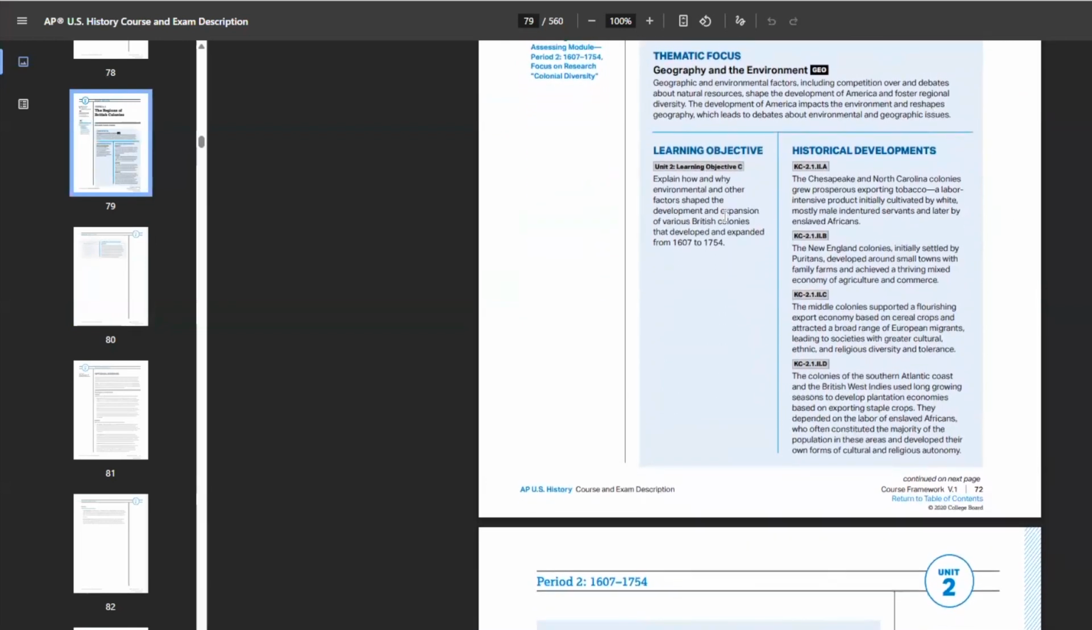And then they give you how you can break these down, right? They give you, like over here, historical developments. They give you more specific particulars that you might be able to use to address that particular learning objective. We're going to go into more detail. You don't have to master all of this right now, but I just want to give you a taste of this because